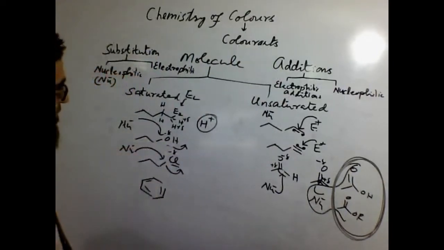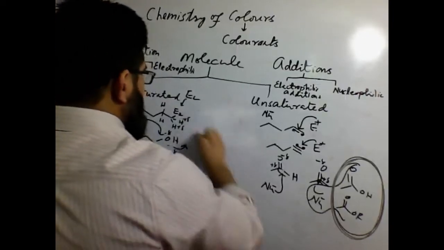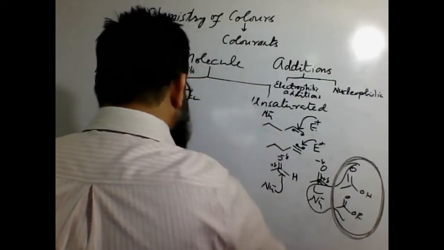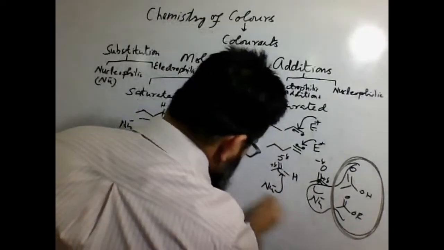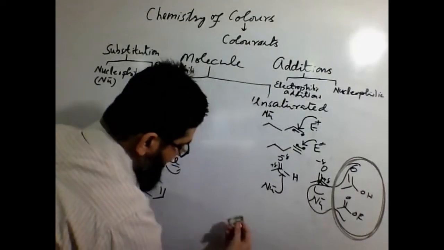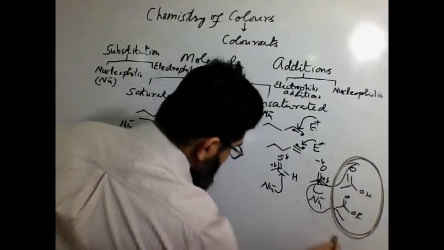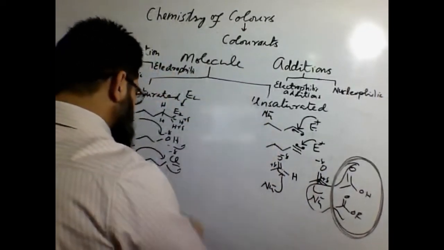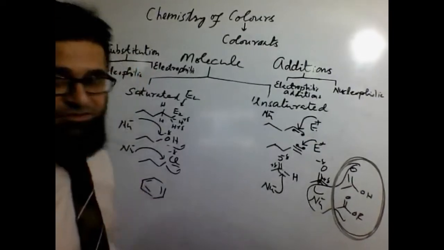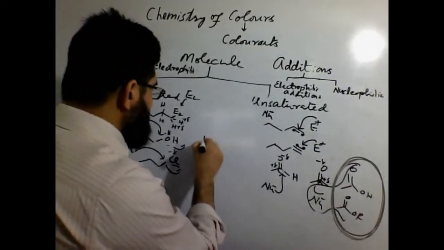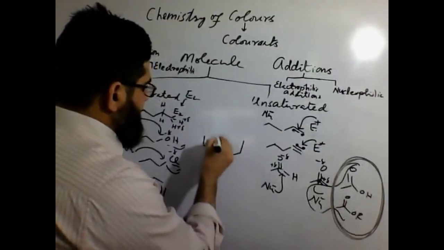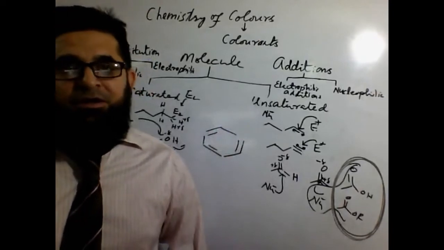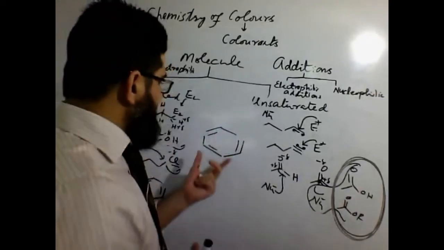Now after going through these molecules, let me come to benzene, the one which is important in all aspects, whether you are dealing with medicinal chemistry, simple organic synthesis, or colors and dyes. At the moment we are interested in the synthesis of dyes, we need to use benzene a lot, and most of the time I call it the zero molecule because each and every aspect can start from benzene.